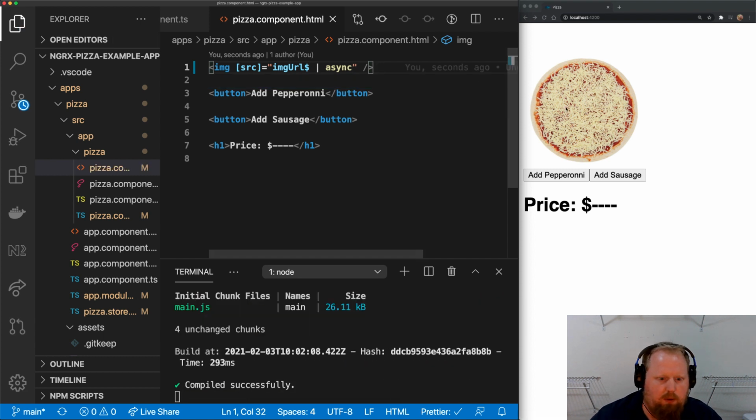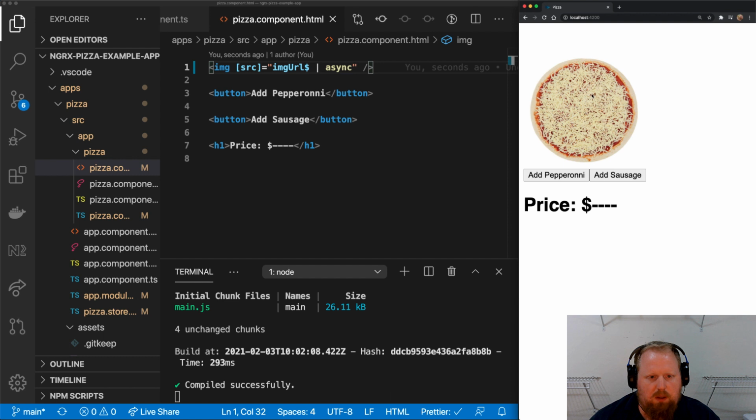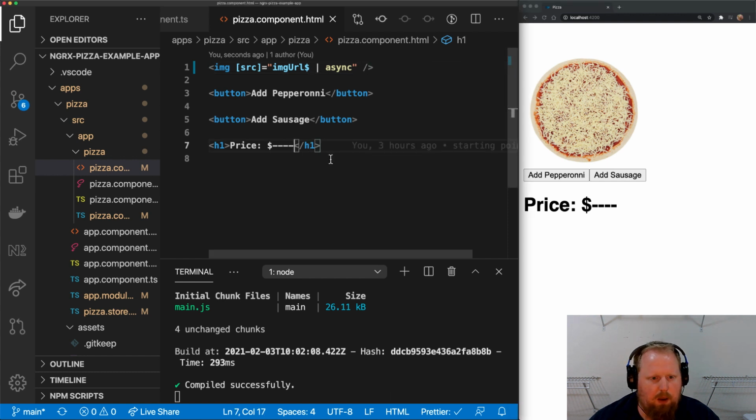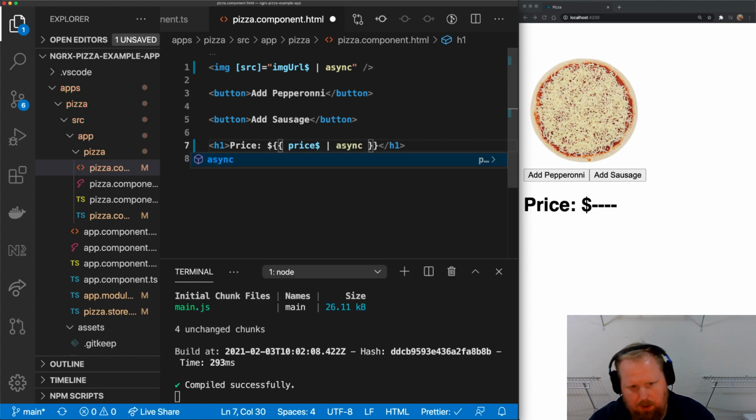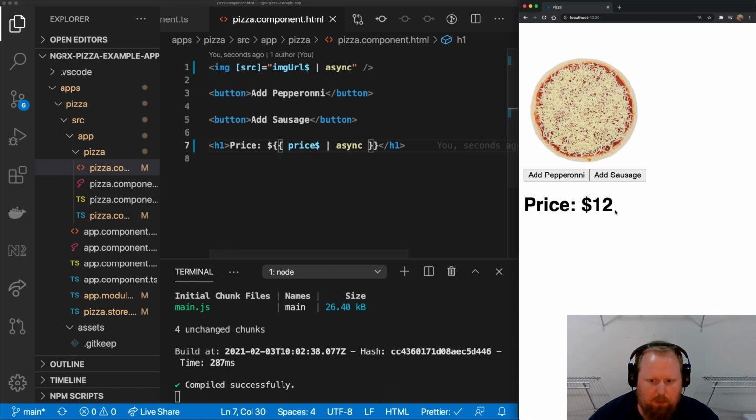And if we hit save on that, we're still seeing cheese pizza now because our initial state does it have pepperoni or sausage? So we just see our cheese pizza. But if we go down here, let's update our price. We'll do the same thing here. So we'll use the double braces here for a binding. We'll use our price. We'll pipe that to the async pipe. Hit save there. And as we do this, we can see our prices updating